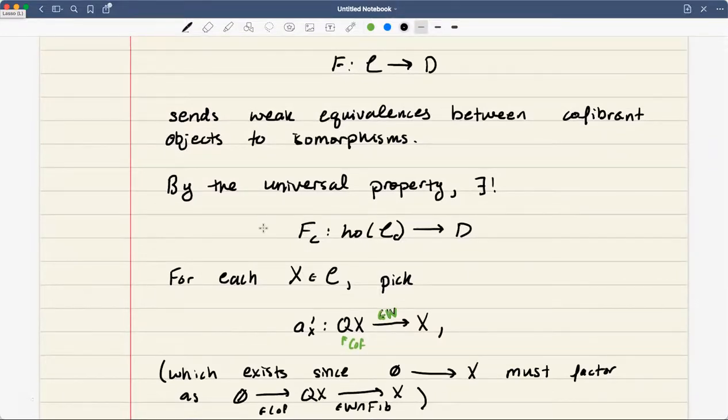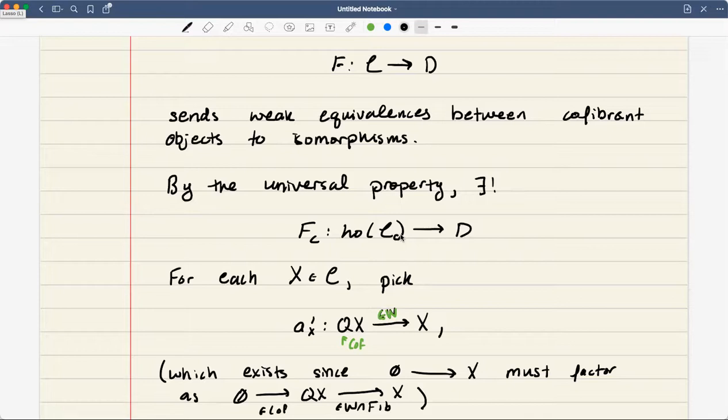So by the universal property, we get this functor FC. So what is this functor? Okay, it's the homotopy category of the category of cofibrant objects mapping to D. Why does this exist? Well, because